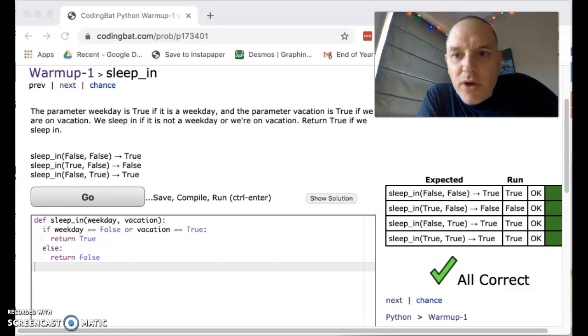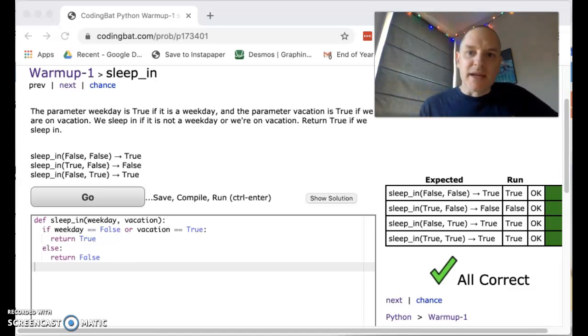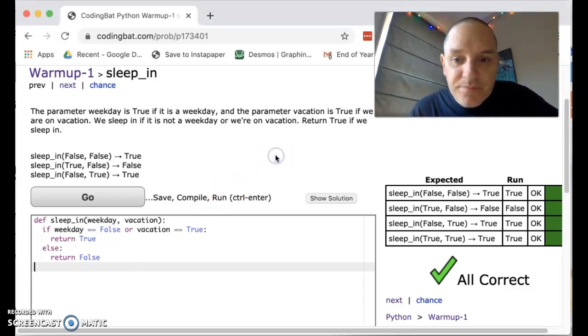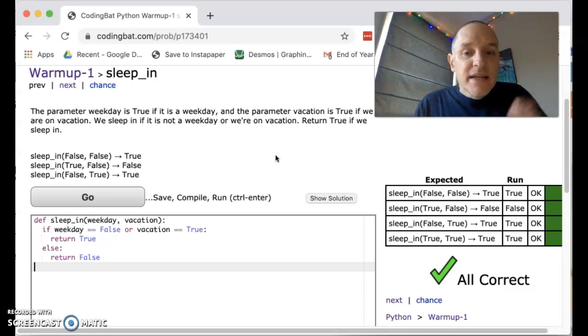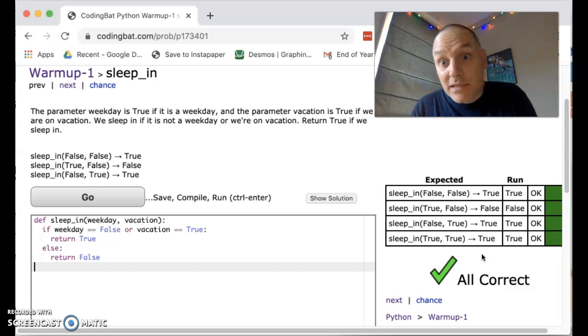So I've just solved a problem and I'd like to show you how to grab the progress graph for your problem now. Often when I assign CodingBat problems to you, I'm going to ask you to screenshot your progress graph and send that to me. After you have all greens here,